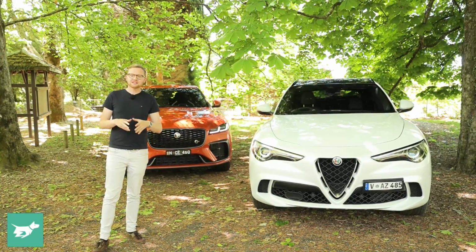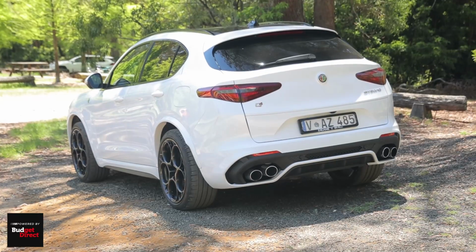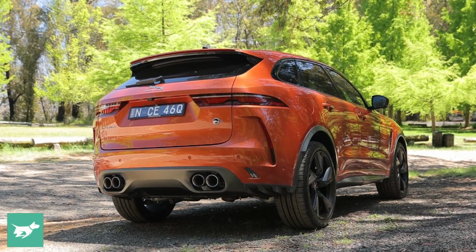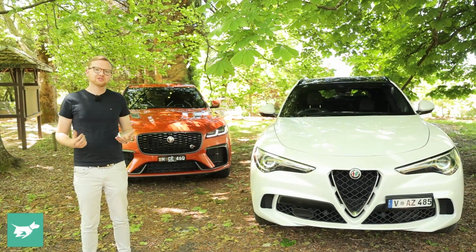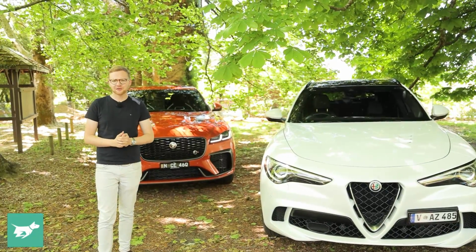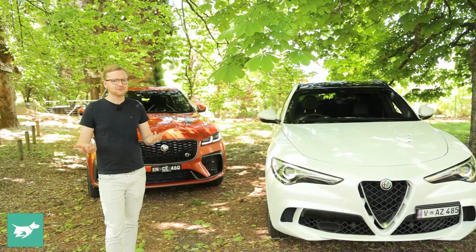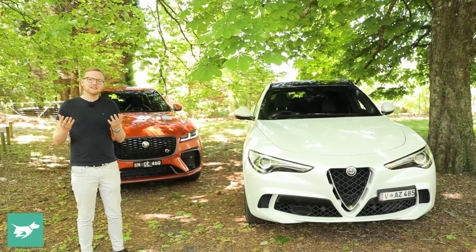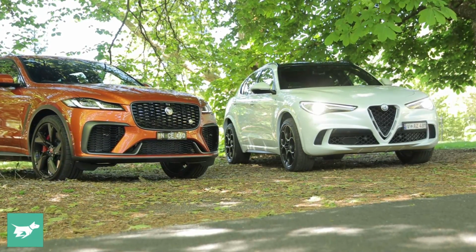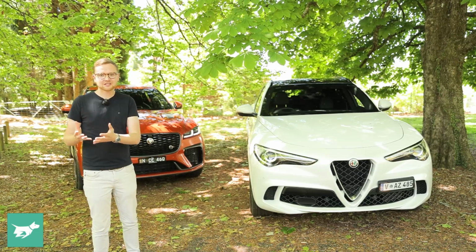Now, both of these super SUVs are European, but they're not German. The Stelvio is built in Italy, the Jaguar F-Pace is built in England, and of course, these two offer you a luxury alternative to the sorts of vehicles that we see everywhere in well-heeled suburbs of Australian cities. Just stand on a street corner and count the amount of AMG GLCs you see. And then next time, think about when was the last time I actually saw a Stelvio Quadrifoglio or an F-Pace SVR on the road. In today's video, we're going to be finding out whether there's a reason for that, or